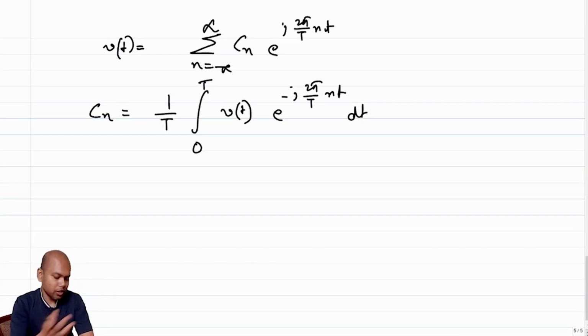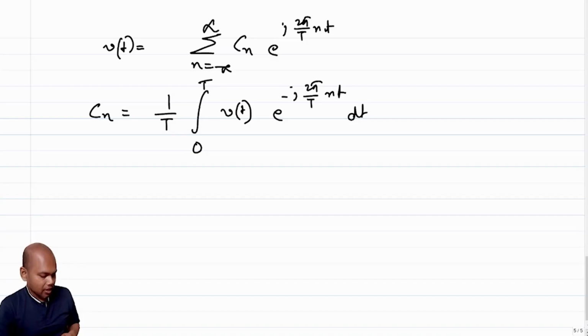Now you can choose this period to be t1 to t1 plus t, or any period, but it has to be within one period, right? So what is this basically telling us? It is basically telling us that if you have any signal which is periodic, which repeats with time, which repeats with some intervals of time, I can basically break it down into summations of